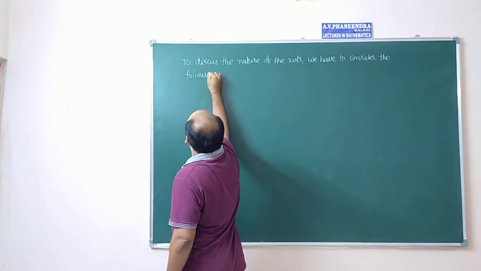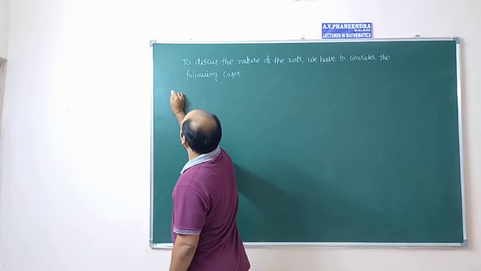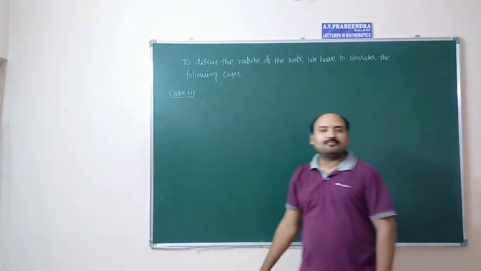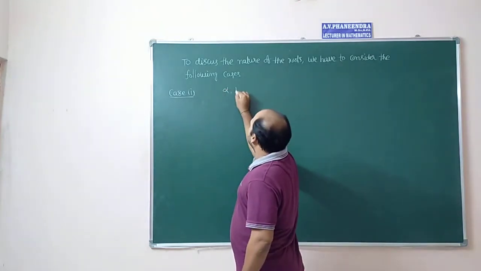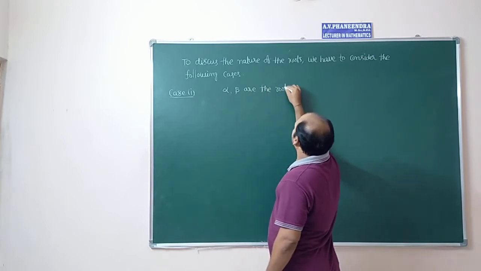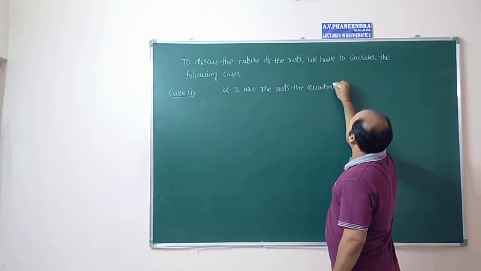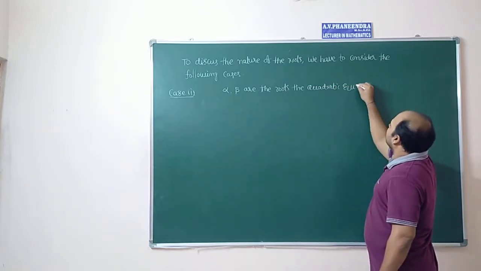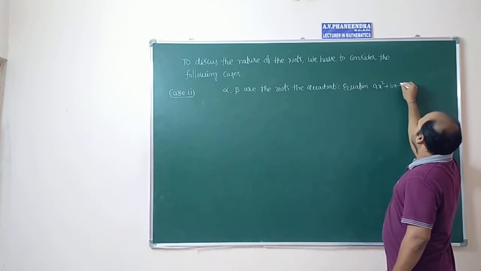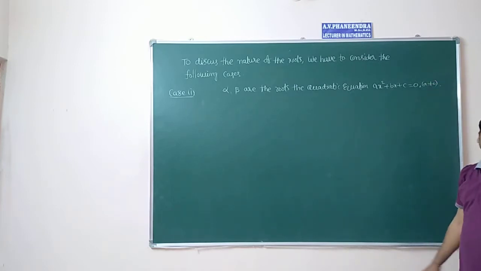Case 1: alpha, beta are the roots of the quadratic equation ax square plus bx plus c equal to 0, then